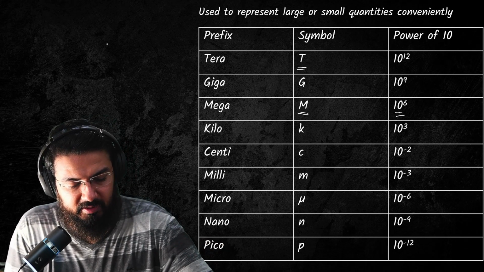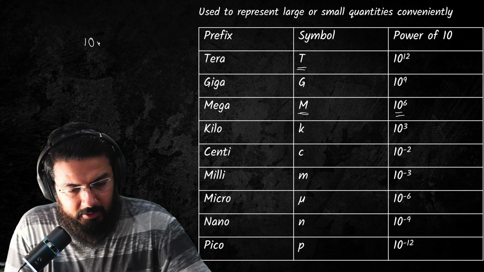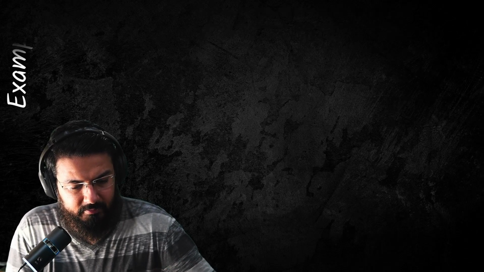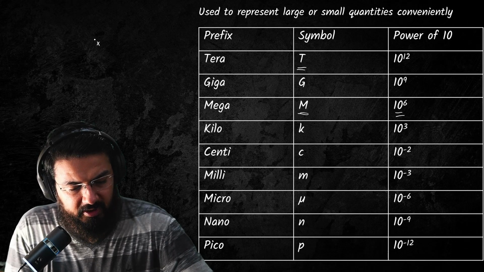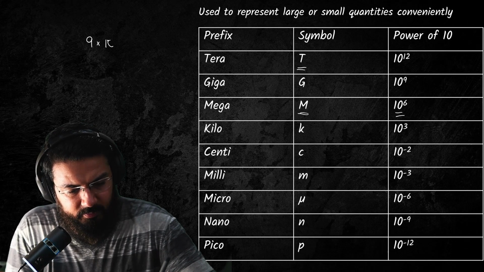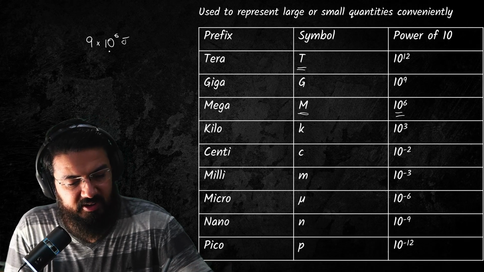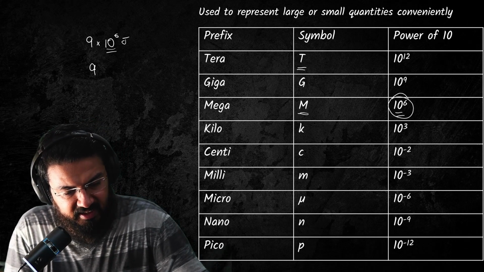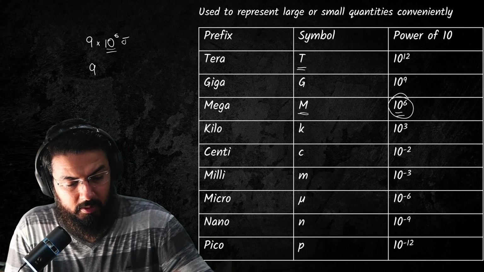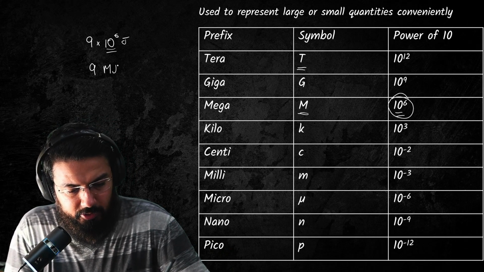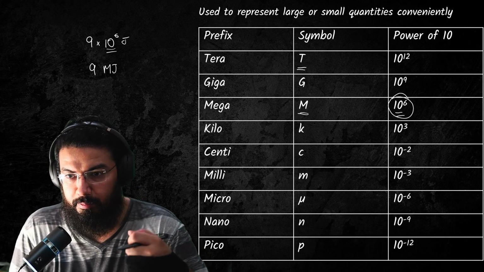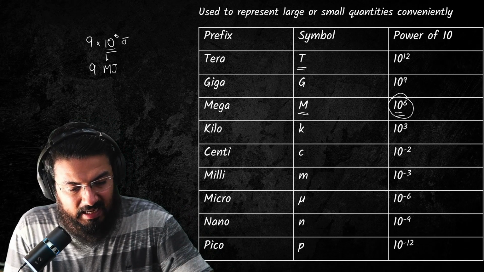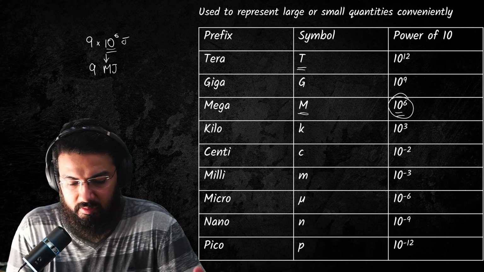So let's say, for example, if I have 9 times 10 raised power 6 joules. Now, what's 10 raised power 6? 10 raised power 6 is mega. So I'm just going to write this as 9. I'm not going to write the power of 10. What am I going to write? I'm going to write megajoules. Now the reason why it's called a prefix, pre means that you're going to write it before your unit. So I'm going to write the capital M before my unit,